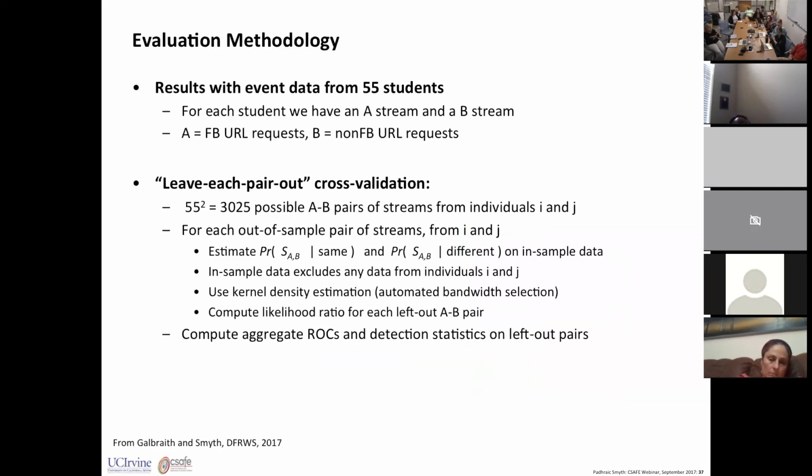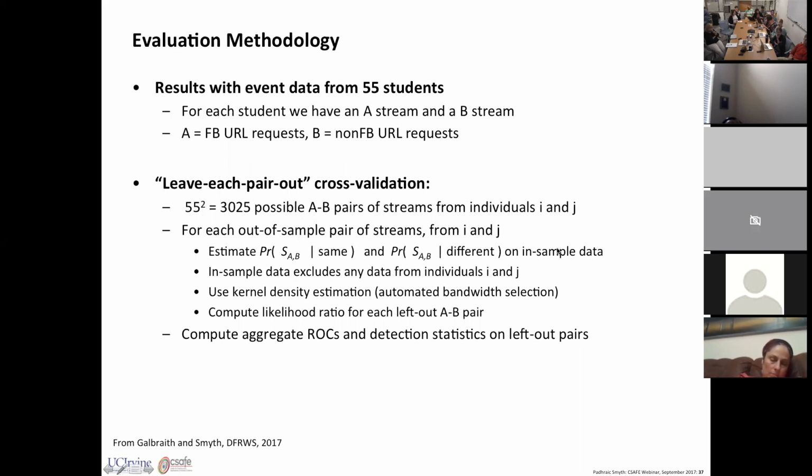To evaluate this, just to see if this works on the data we have, we actually took only 55 students. We ignored students that had very little data, and so we took about half the students. Remember, one stream is the Facebook request, one stream is the non-Facebook request. The way we did our experiments was we did leave-pairs-out cross-validation. Essentially every individual has an A and a B stream. So there's 55 squared, or about 3,000 possible A-B pairs from individuals I and J. I could be equal to J in some cases, that's the same source, or in most cases I is not equal to J. So for every possible out-of-sample pair, we take that pair out from some I and J individual,